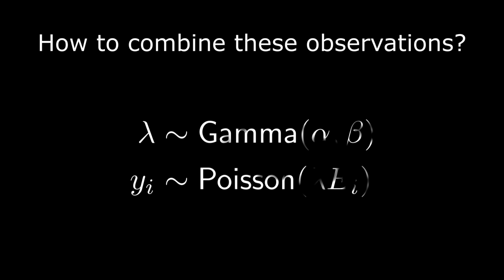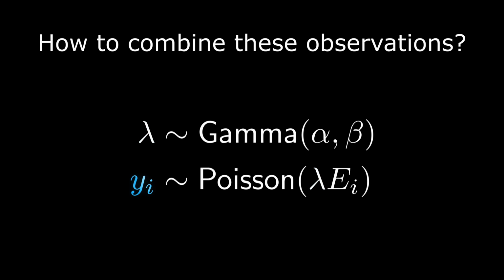So how do we use our data and assumptions to estimate a rate? One way is to use a Bayesian approach. The model is written mathematically like this. The tilde notation indicates that whatever is on the left has the distribution of whatever appears on the right. Lambda is a rate representing the number of flowers per square meter. It has a gamma distribution with a shape alpha and a rate beta.